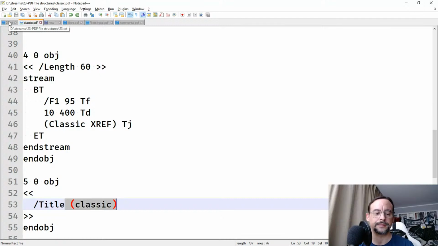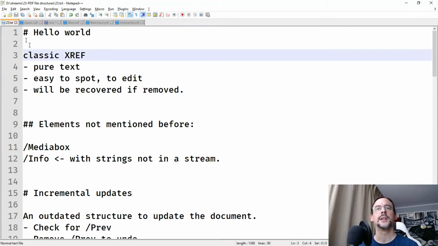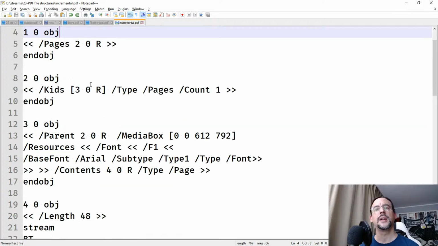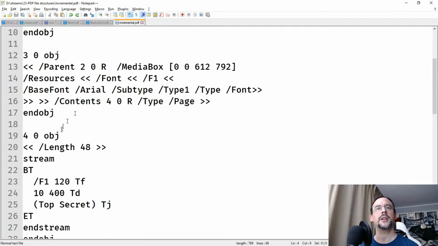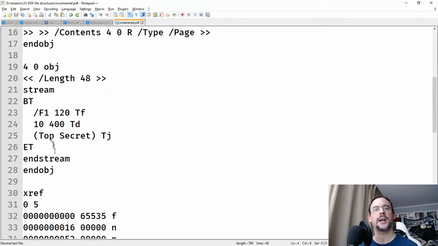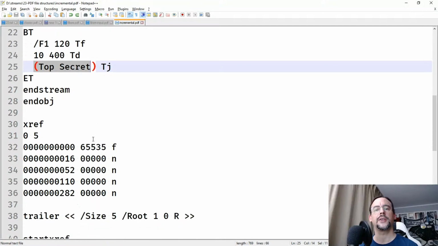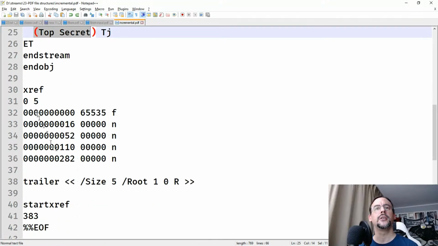So incremental updates is just exactly the same thing, except that, here imagine you have a document that's a normal PDF, right? And you have a top secret message and you have an XRef, and I will scroll very slowly, and then you have the XRef, the pointer, and so on. Okay, but